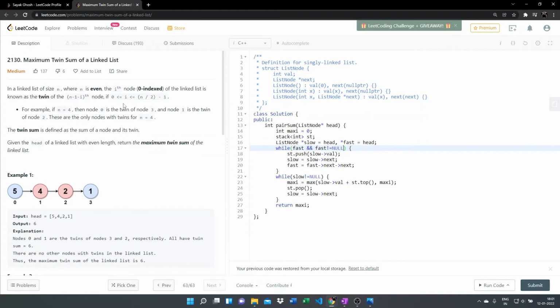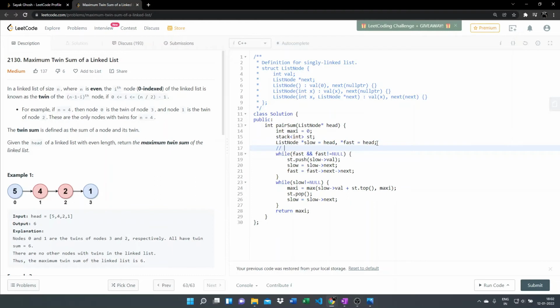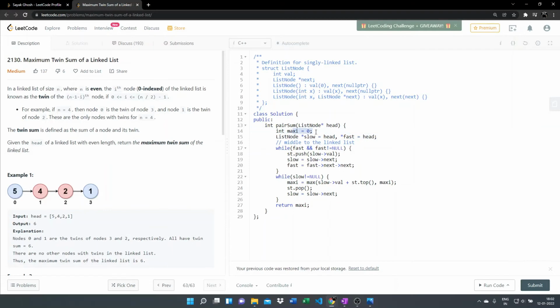So we are back in our Leetcode, and this was our previous unoptimized solution. We'll keep this loop, because this loop was to find the middle of the linked list. We don't need the stack anymore. We'll keep the max variable and we'll keep the slow and fast pointers. So we are at the middle of the linked list. Now what you have to do is just add